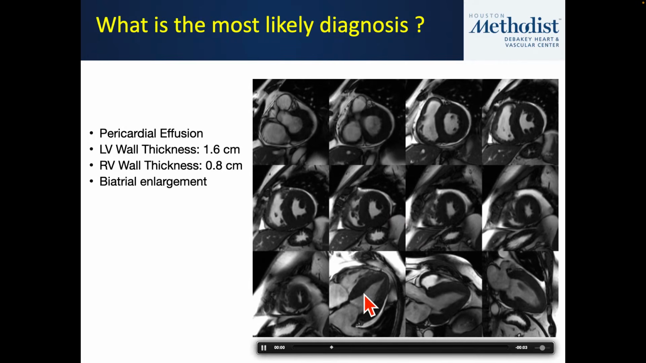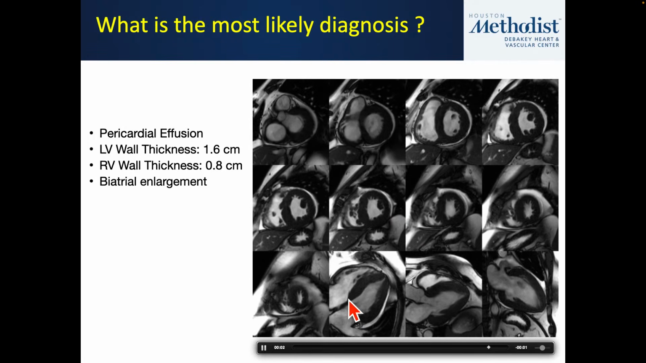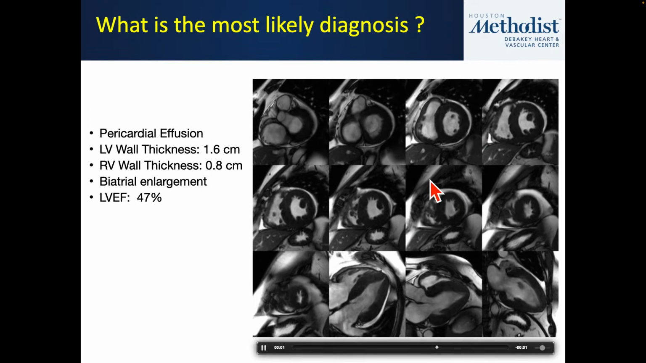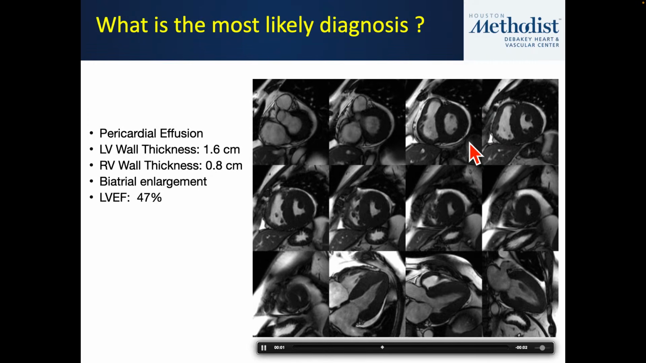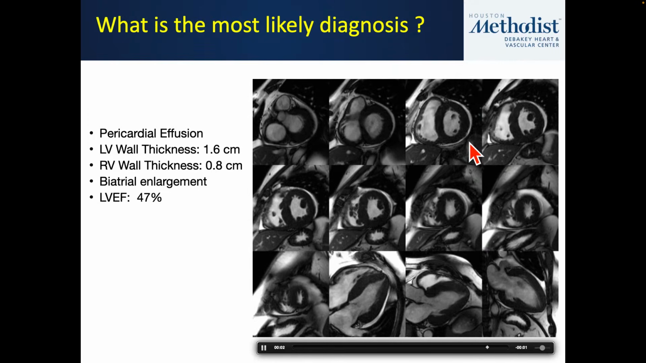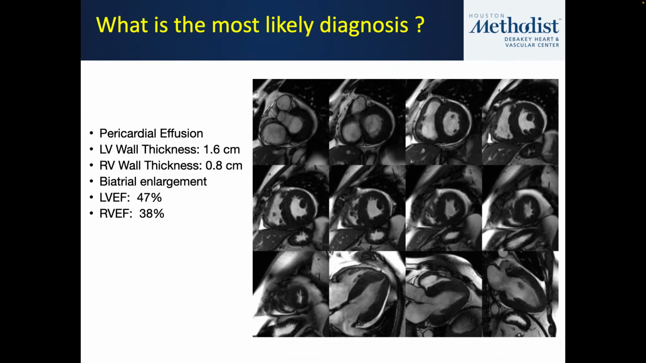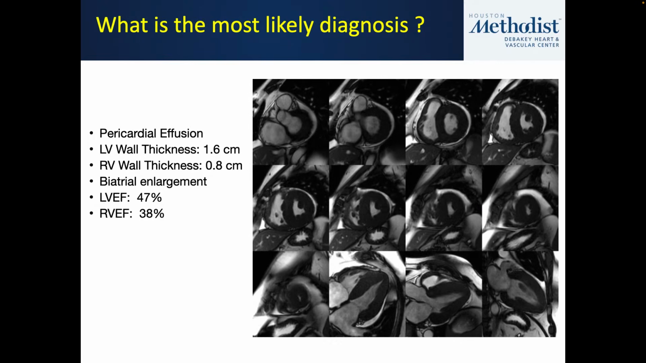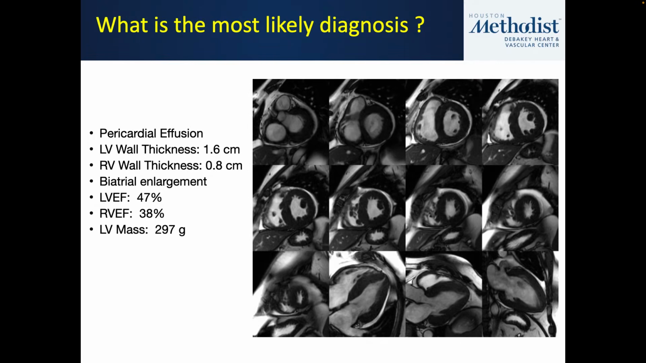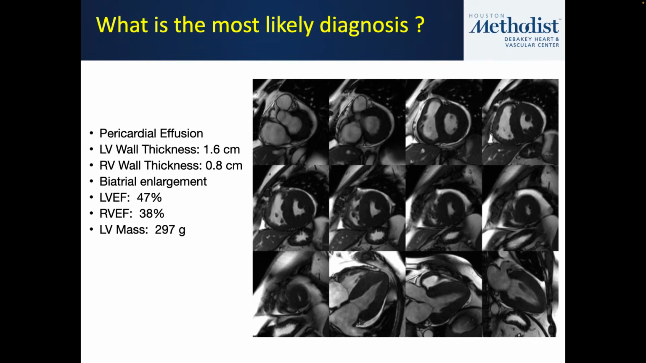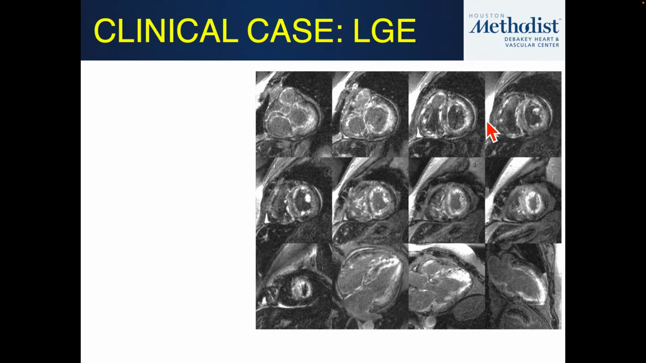There's biatrial enlargement that we can appreciate on this 4-chamber view. And the LV function, although not normal, is not significantly depressed. We measured an EF of 47%, so mild left ventricular systolic dysfunction, and mild RV systolic dysfunction as well. And a significant increase in left ventricular mass. But I think, looking at these findings, there's several different things that could give you this picture right here. But I think when you couple that with the